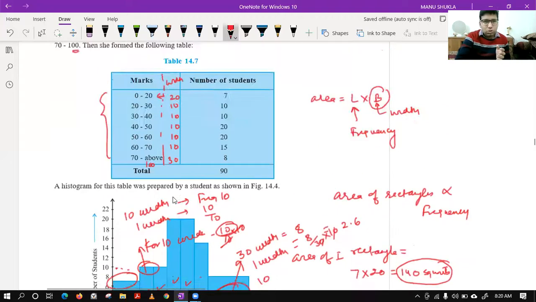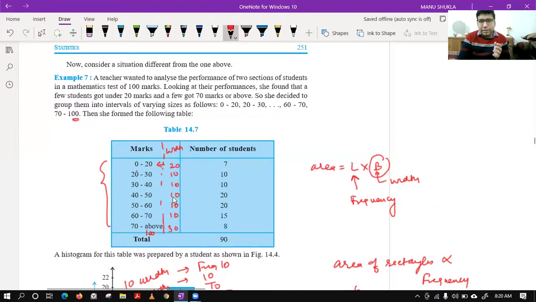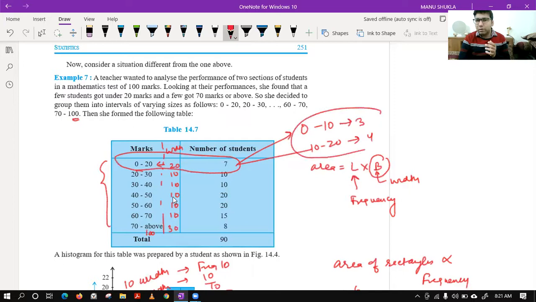Let me show. Okay. So earlier, Piyush, you can see in the first group there are 7 students. Can you say confidently how many were there in the divided case? If I make it like this, can you say 3 and 4? Will it be correct? There are many possibilities. Maybe there are 3 and 4, maybe there are 5 and 2. So this way we can't go. That is why we cannot work on this width part. So we have to work on the height part. Either we have to stretch it or we have to compress it.